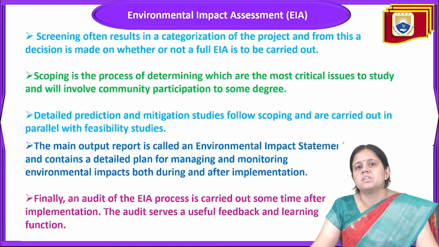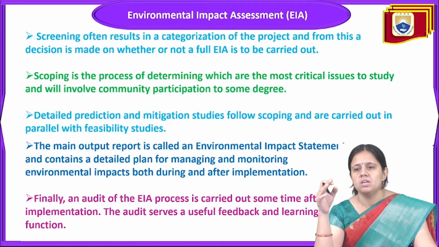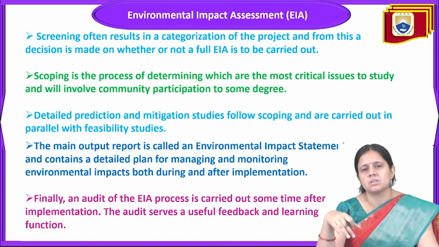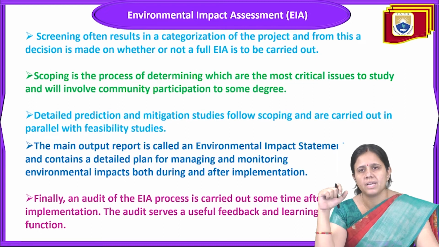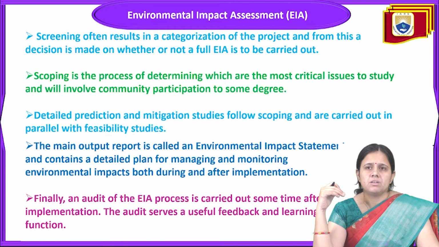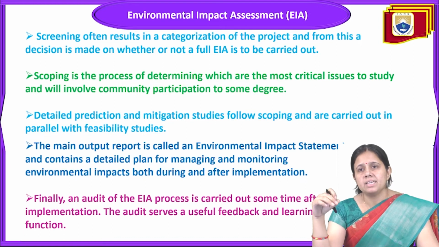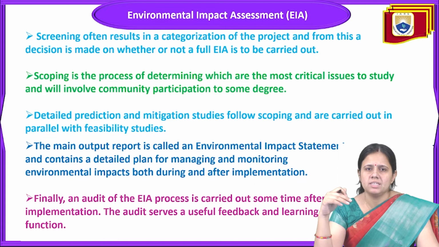So now we come to the details of this EIA process. First one is the screening. Screening results in the categorization of the project, and from this a decision is made on whether or not a full EIA is to be carried out. It means first of all we do screening, to see whether it is important to do EIA or not, and screening often results in the categorization of the project, meaning which category that project will fall under. Many categories are given in the annexure and in the amendments to the rules of the EIA notification, so depending on which category the project comes under, EIA is needed or not, and whether a full EIA is needed, or